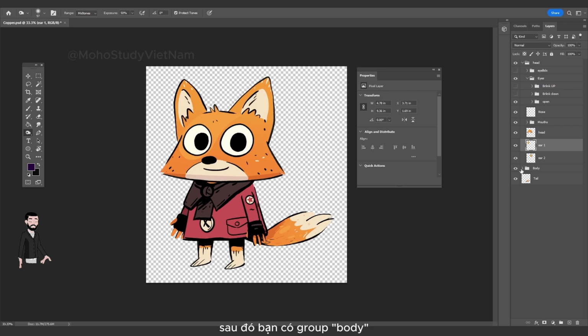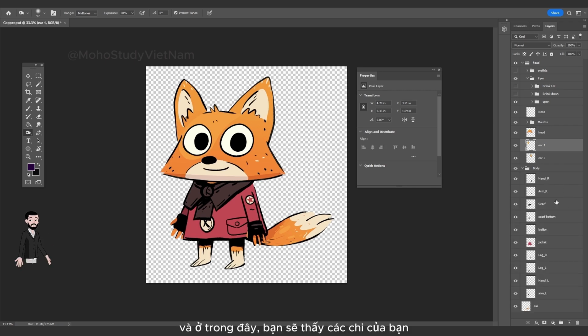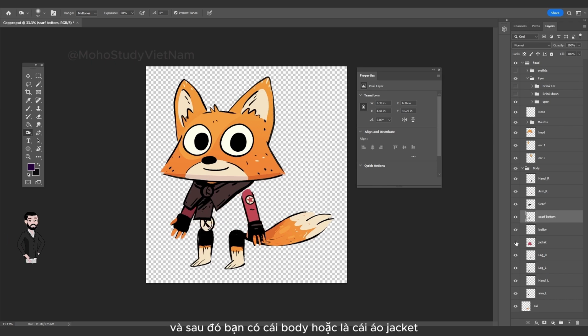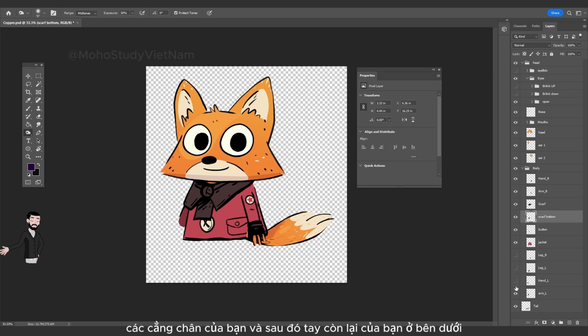Then you have the body group, and inside here, you're going to find your limbs, hands, as well as the torso. So here we have the front hand, as well as the front arm. And then we have 2 pieces making up the scarf. Since this is separate, we could add, let's say, a little bone to the scarf in Moho and add physics to that. Just keep in mind, you can separate out elements that you want to do more with in Moho. We have a button, and then you have the body or the jacket itself, your legs,